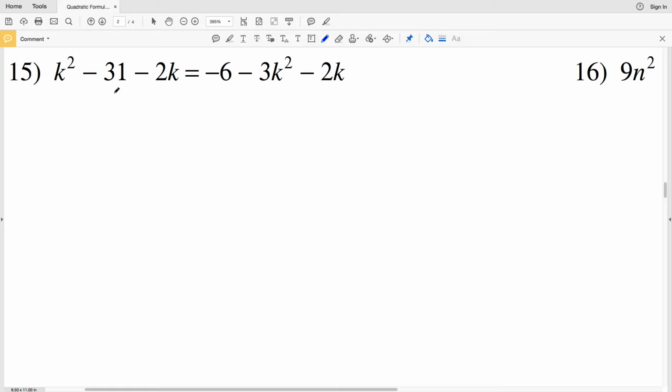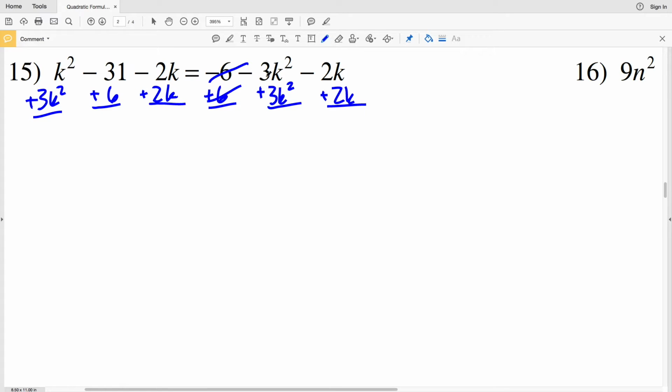In number 15, I have a little bit more work to do. I'm going to have to subtract or add multiple terms to both sides. So I'm going to add 6 to both sides. I'm going to add 3k squared to both sides. And I'm going to add 2k to both sides. So I'll have k squared plus 3k squared, which is 4k squared. And then I want my k terms to be next. So negative 2k plus 2k is 0. So that will actually cancel out. And then negative 31 plus 6 will be the same as subtracting 25. And that's equal to